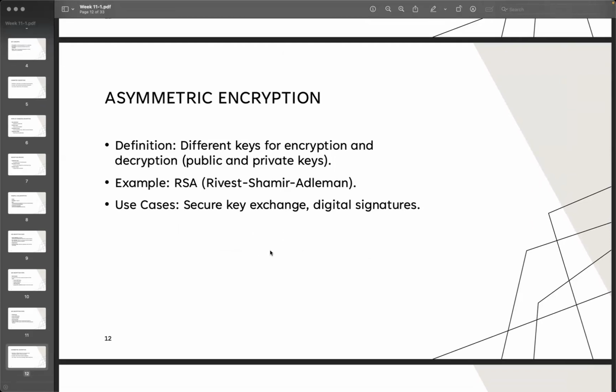And then here's the concept that you're using right now. It's called a public key and private key. The most common one is RSA, Rivest–Shamir–Adleman. This one may be used for key exchange and digital signatures. So when we introduce asymmetric